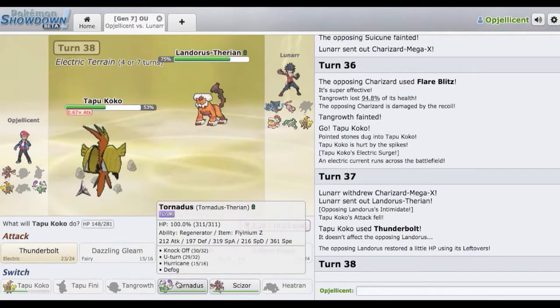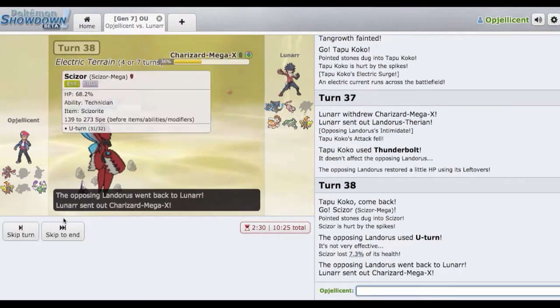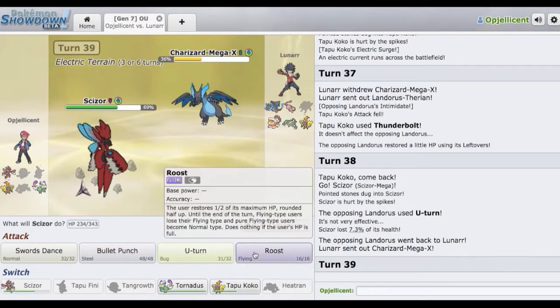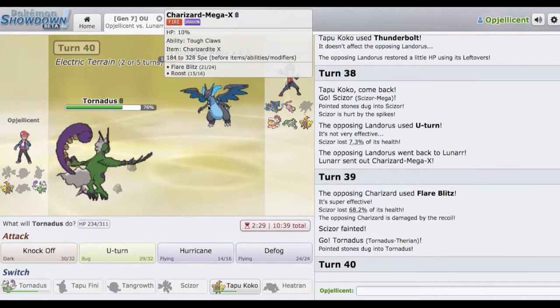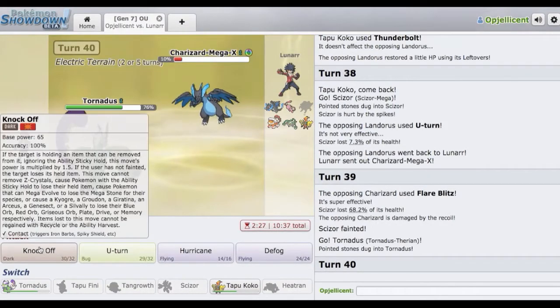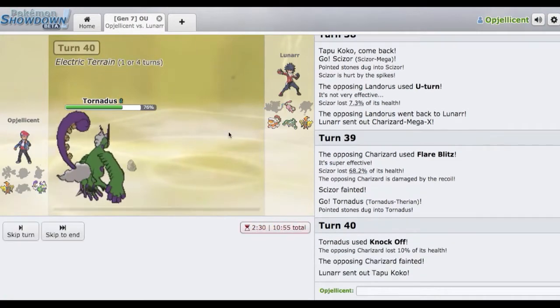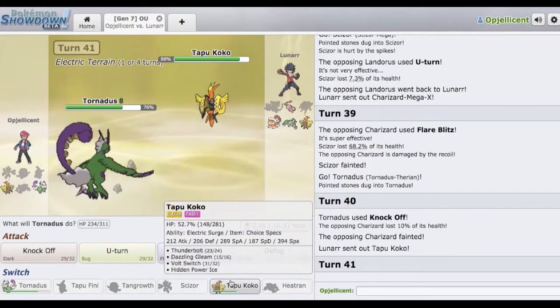Right, I need to start making plays now, because this is starting to get out of hand. So he goes out, I can go out into Scizor right here, and see what play he wants to make. Probably Zard. He goes hard Zard, so now I'm just going to go for the Roost. See, Flare Blitzes, we go Torn, we throw off a Knock Off, I think. I don't think there's a way for us to win. So we knock that thing out, and now I need to Defog for my Koko, which he's not going to allow me to do, because he's smarter. So he's pretty smart, so...